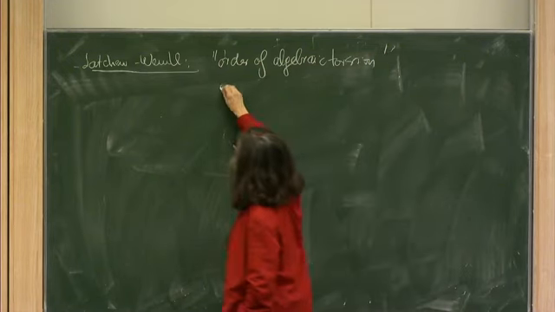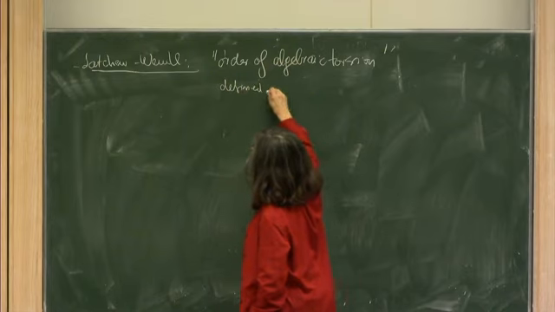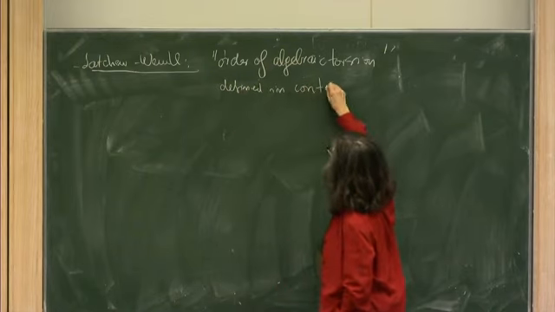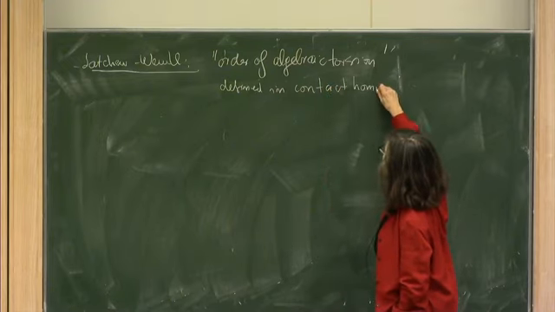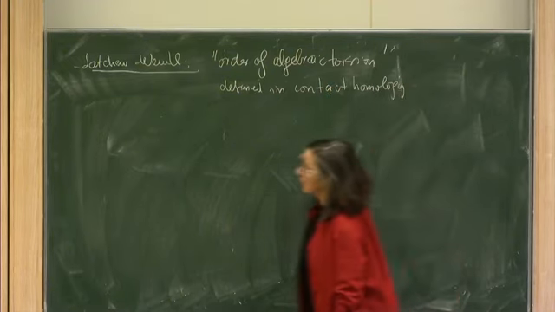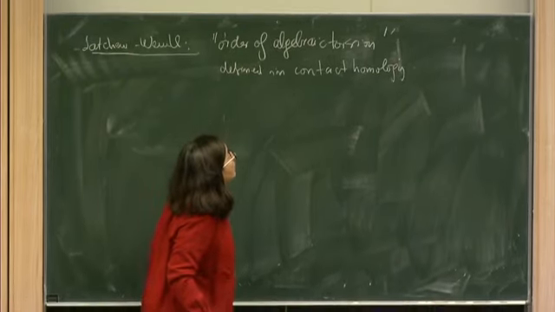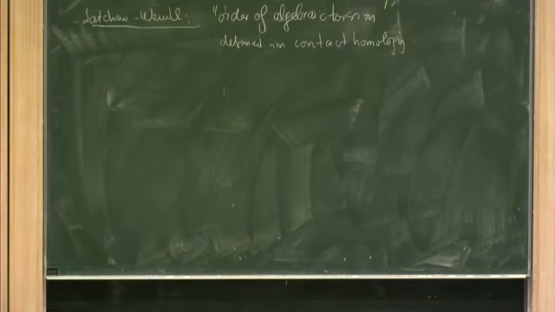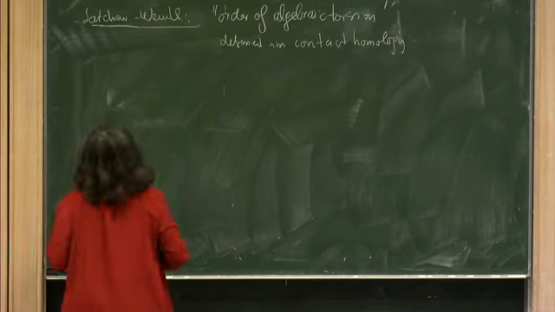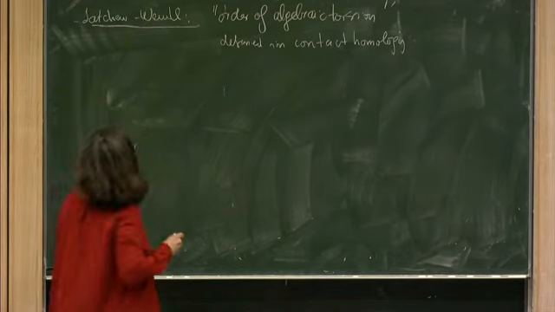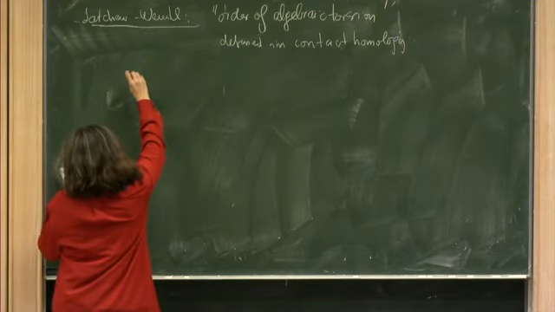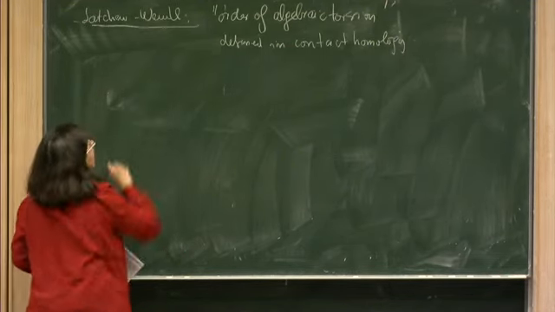Which was defined in contact homology, which is a vastly more complicated object than a Heegaard Floer homology, and relying on a very precise understanding of pseudo-holomorphic curves in the symplectization and so on. So, and it's not very computable in principle. And so, in the paper they wrote